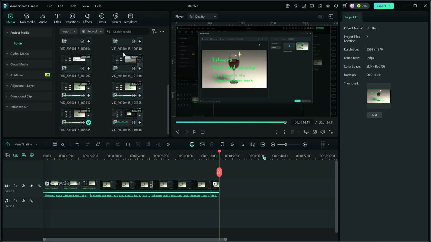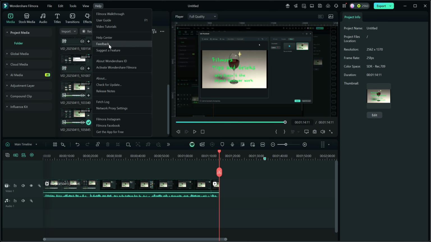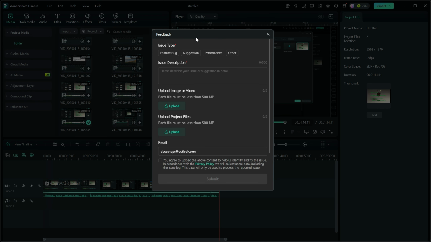The next step then would be to click on the help and go down here to feedback, and you'll get this feedback comment here, and you would click feature bug and then give a short description of your issue. In my case, I could not change the thumbnail on a video because the trash can is never activated on that screen. So I recorded those steps, and so I'm just going to say there,